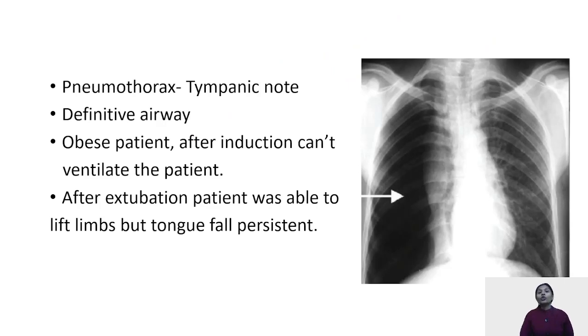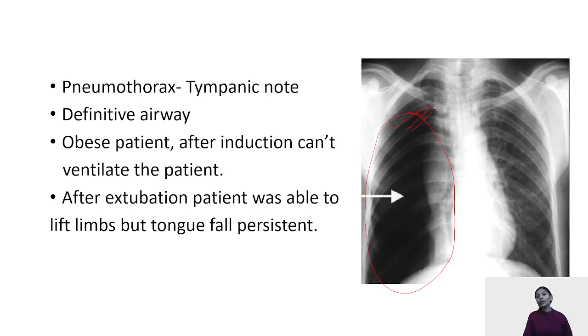This is a pneumothorax. Sometimes in airway management, such x-rays can also come. The scenario is like a patient is deteriorating and maybe a central line was being inserted, or it's a trauma patient who has come to the casualty and we have to manage the airway. But even after securing the endotracheal tube, the saturation is not being maintained, the breath sounds are not good, and on auscultation you have a tympanic note. When the x-ray is done, you can clearly visualize a tracheal shift and also a black image here which shows the pneumothorax with the lung collapsed. So what would be the management?